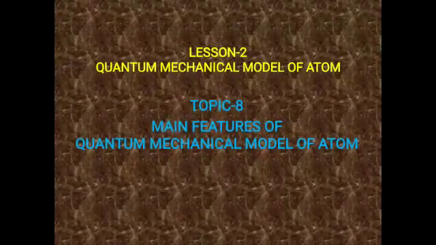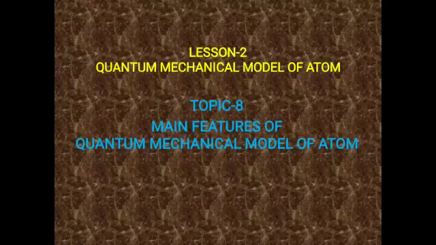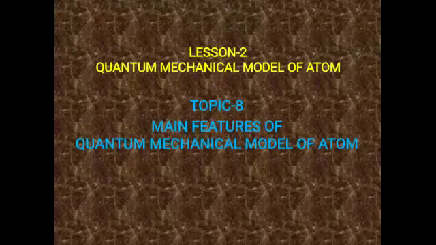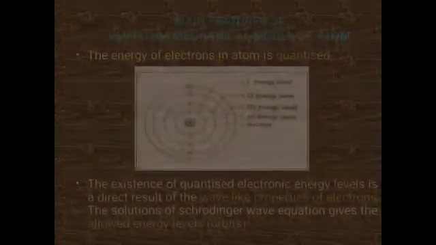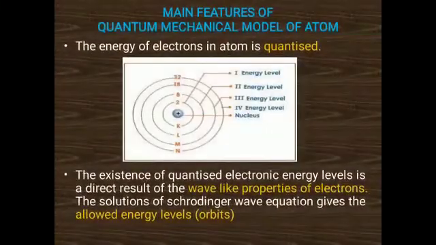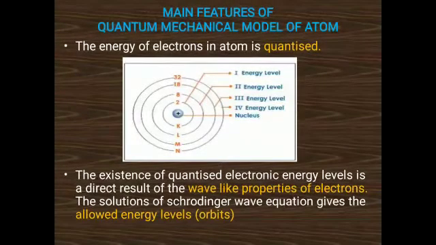Dear students, in this video, I am going to explain lesson number 2, Quantum Mechanical Model of Atom, topic number 8, Main Features of Quantum Model of Atom. In my previous video, we discussed the Schrödinger wave equation. There, we saw that the Schrödinger wave equation overcame the drawbacks found in classical mechanics by introducing a new mechanics called quantum mechanics. So following that, here we are going to talk about the salient features of the quantum